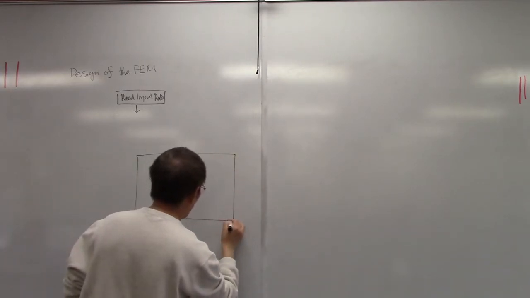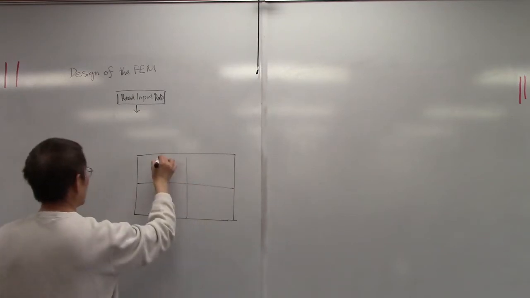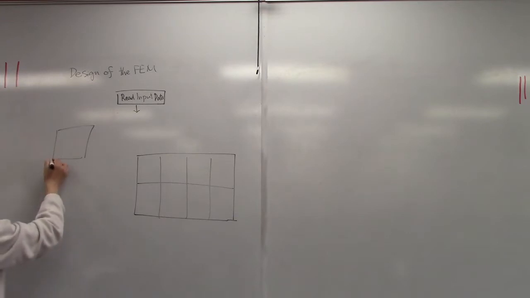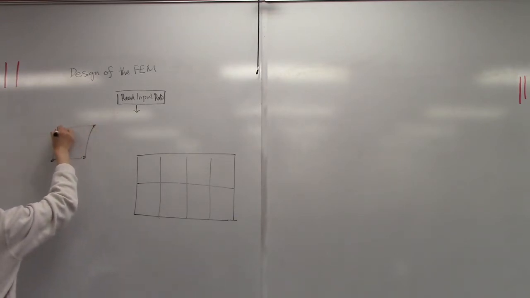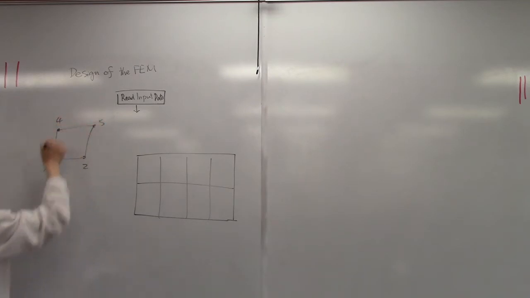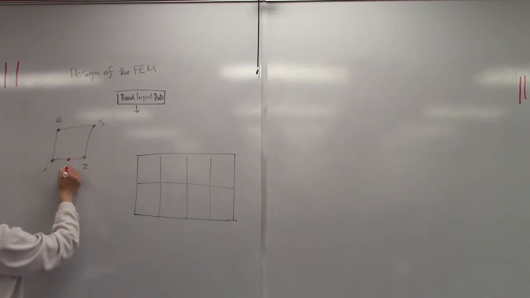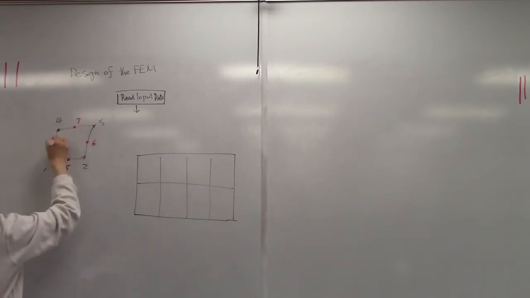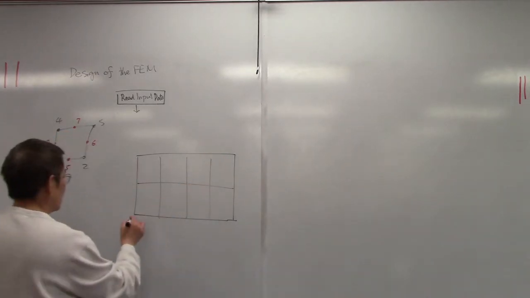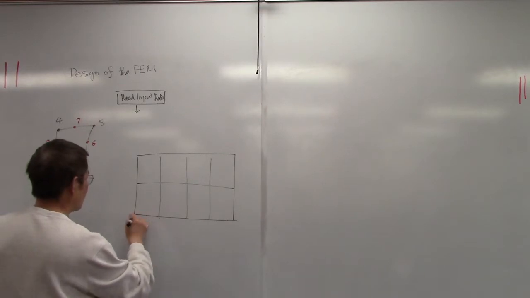The one I require you to do is this: an 8-noded quadrilateral element. Let's say you have 4 corner nodes, 1, 2, 3, 4. In addition, you also have the mid-edge nodes, 5, 6, 7, 8. Okay? Therefore, if this is one element, the standard element, now this is the structure, then when you generate nodes,